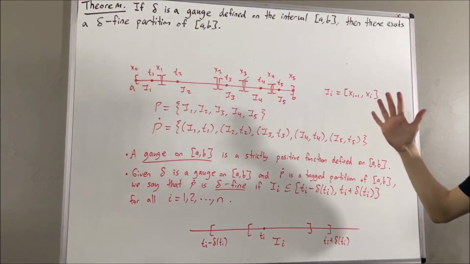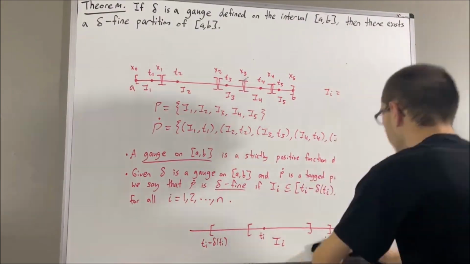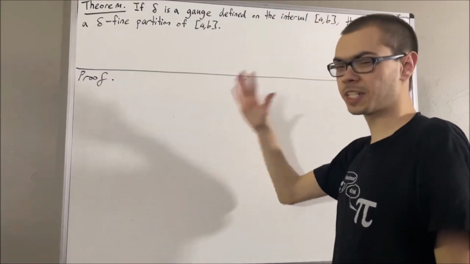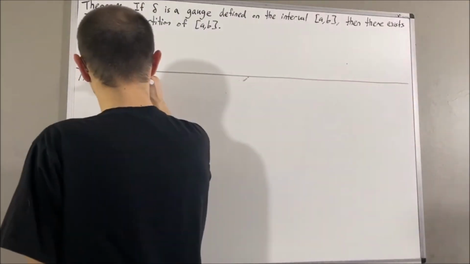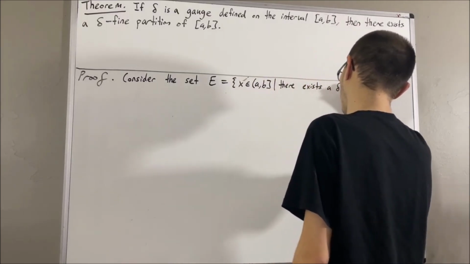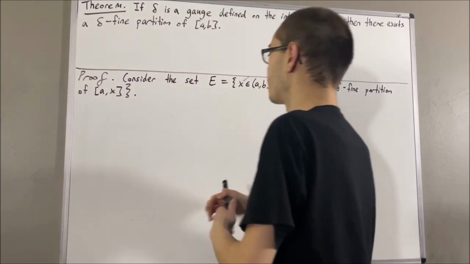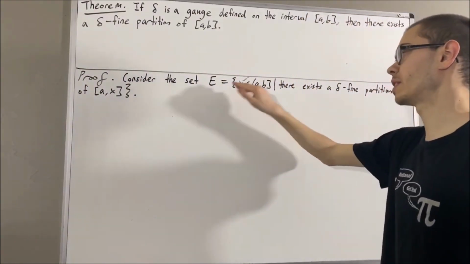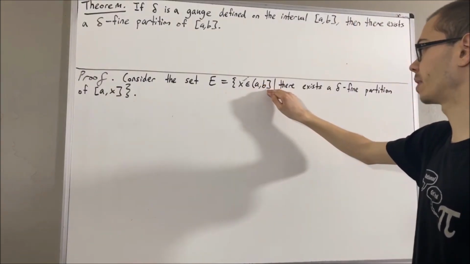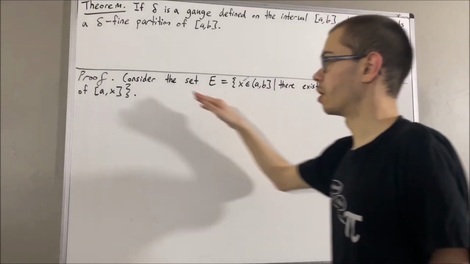Okay, so now let's get into proving this theorem. To start with the proof, we consider the following set. We consider the set E, which is the set of all elements x in the interval a comma b, which is open at a and closed at b, with the property that there exists a delta-fine partition of the closed